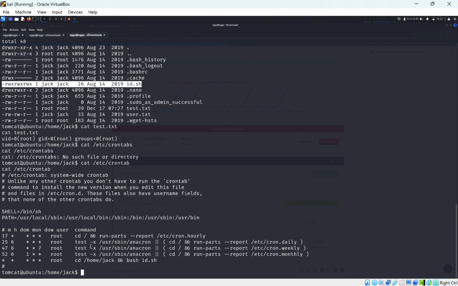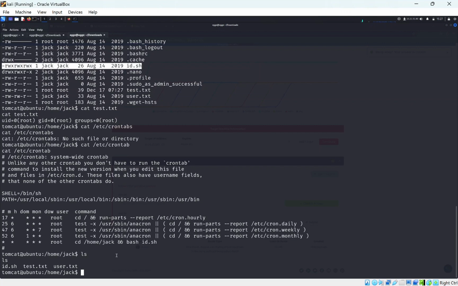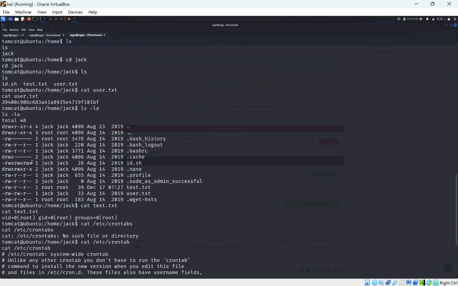So we could either create a reverse shell in that script to give us root access, or we could do something a bit more sneaky, which is echo, copying the root.txt to home. We'll need to do /home/jack/root.txt, and we can close this and put this in the id.sh. Pretty much we're putting all this into id.sh. This is pretty much a parameter that will move all this here into this shell here, so we can execute this. If we look here, we have execute permission, so we can execute this